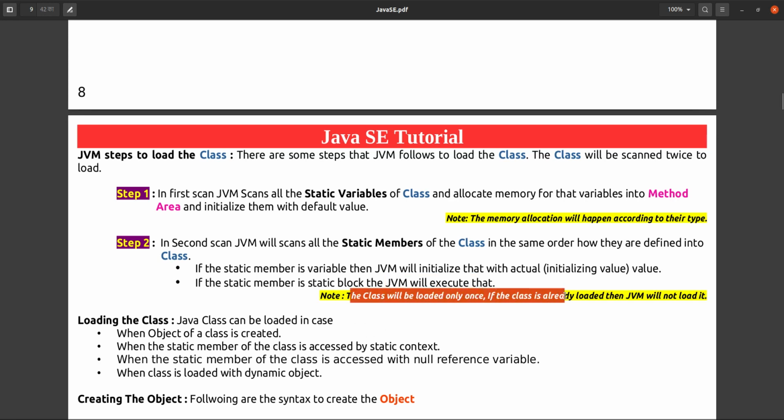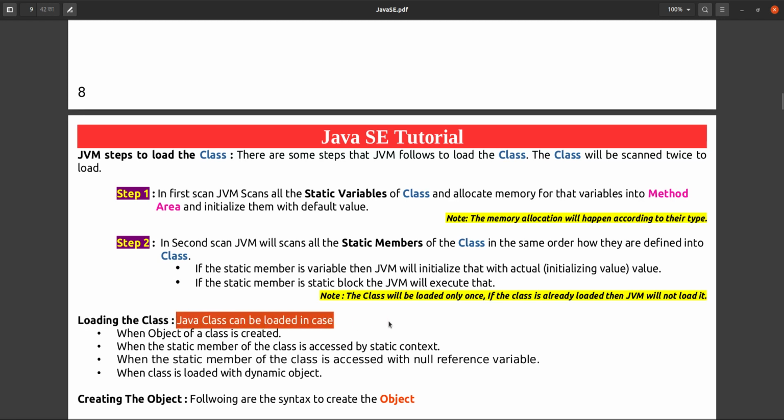If the class is already loaded, then the JVM will not load it again. We have already discussed that point, because a class will be loaded only once. So, a Java class can be loaded in these cases. How? Suppose